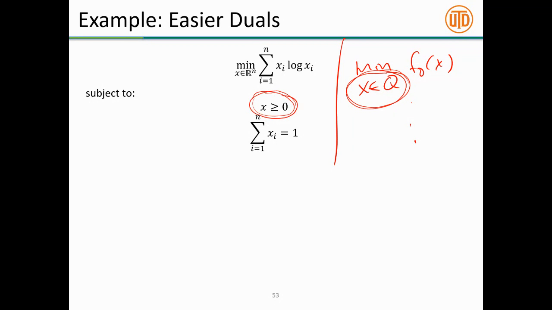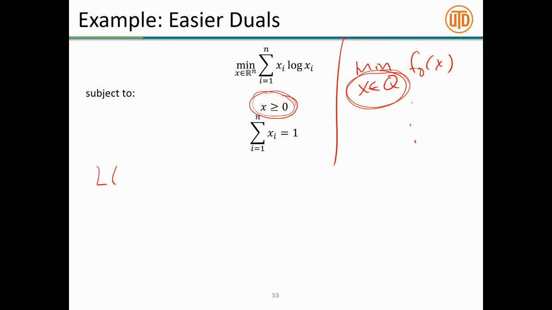It's not really defined, right? Xi log xi isn't really defined whenever one of the components is less than 0. So it doesn't really make sense to write down the Lagrangian for x's that are negative. I should point out that when x is 0, we actually do define this thing to be 0. So 0 log 0 is defined to be 0 because it's the log of 0 to the 0, and by definition, 0 to the 0 power is 1. So log of 1 is 0. It's really just plugging in x that are less than 0 that is a problem.